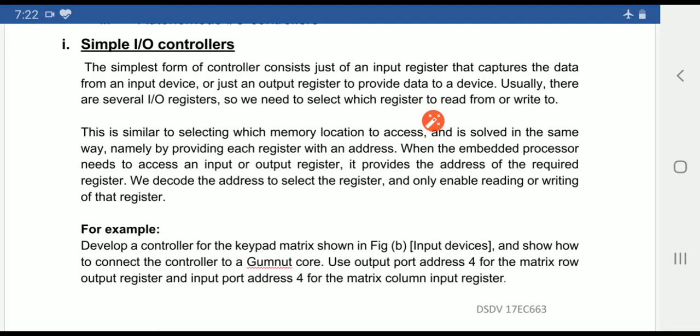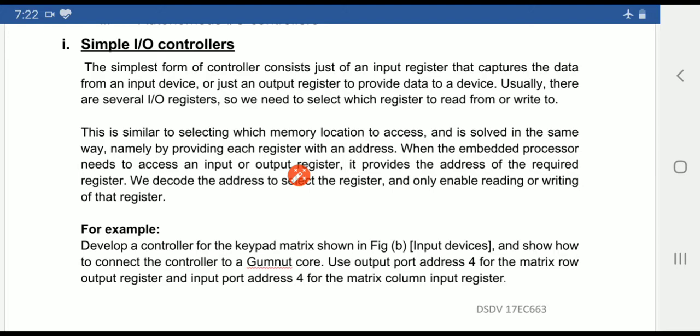Here the device is nothing but the embedded core processor. Like this we have several input output registers, and we have to select a particular register to perform read or write operations.